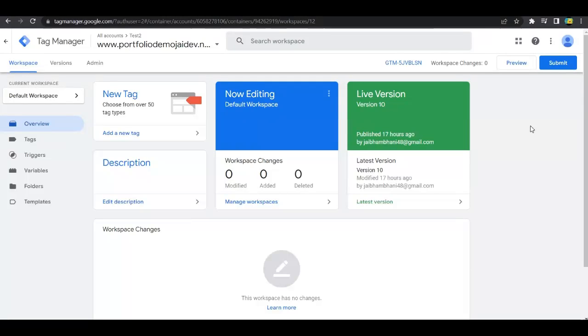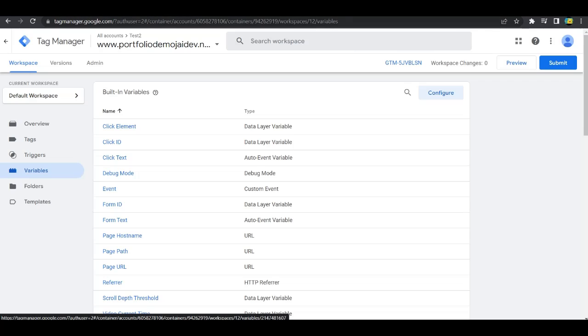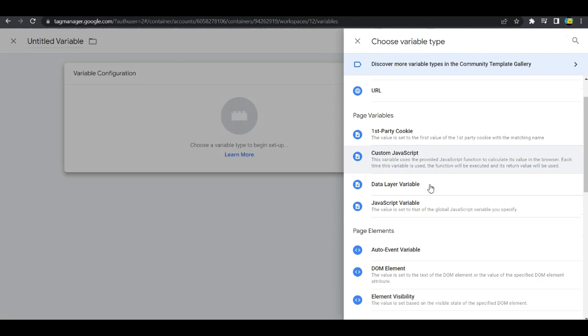So in this video we'll be learning about JavaScript variables. Now there are two types of JavaScript variables. One is simply a JavaScript variable and the other is a custom JavaScript variable. We'll look into both of them. Firstly we'll go to variables here, and in variables if we go into user defined variables we'll be able to see JavaScript variable and custom JavaScript